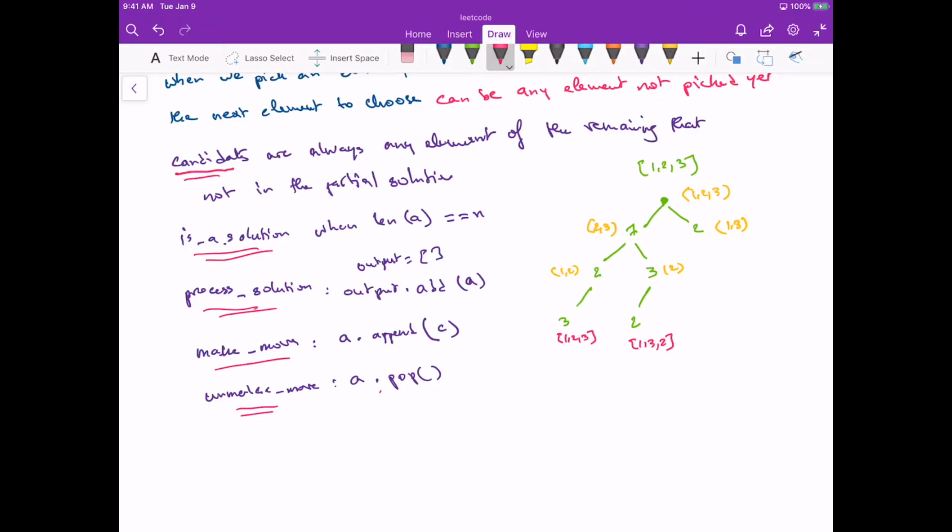1 again, and now I have empty, and now I add 2 using the make move here. Now I would have 2 in my vector solution, and after that I would have 2 choices, 1 and 3. So I will try 1 first, and then when I'm at 1, I have in my vector solution 1 and 2, and after 1 the possible candidates I have are just 3, and so I pick 3,